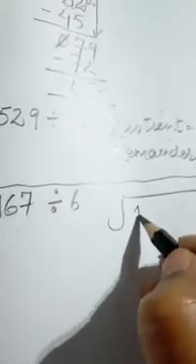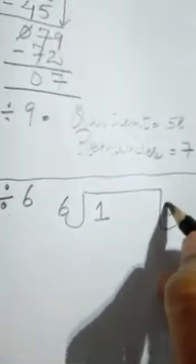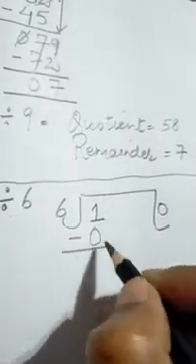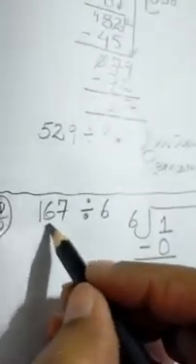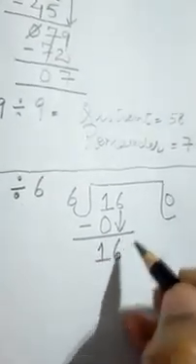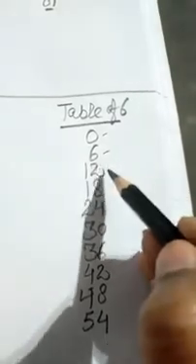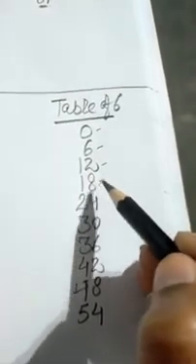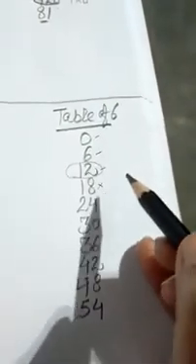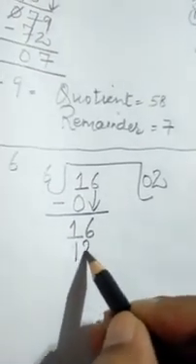Yes, here we will write 1 and here 6. So firstly 6 0 is the 0. Now we got here 1 and the next digit is 6. We will write it and we will bring it downside. Now 16 is with us and from here you can see what can be written under 16. 16 के नीचे हम क्या लिख सकते हैं? 0 भी लिख सकते हैं, 6 भी लिख सकते हैं, 12 भी लिख सकते हैं, 18 नहीं लिख सकते. So we will write 12 and it is 6 2's the 12.